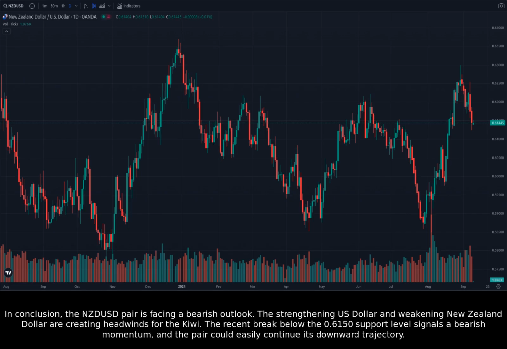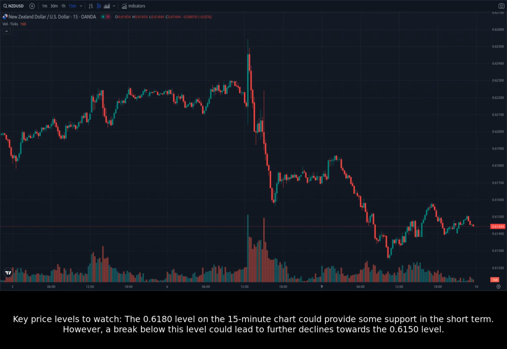In conclusion, the NZDUSD pair is facing a bearish outlook. The strengthening US dollar and weakening New Zealand dollar are creating headwinds for the Kiwi. The recent break below the 0.6150 support level signals a bearish momentum, and the pair could easily continue its downward trajectory. Key price levels to watch: